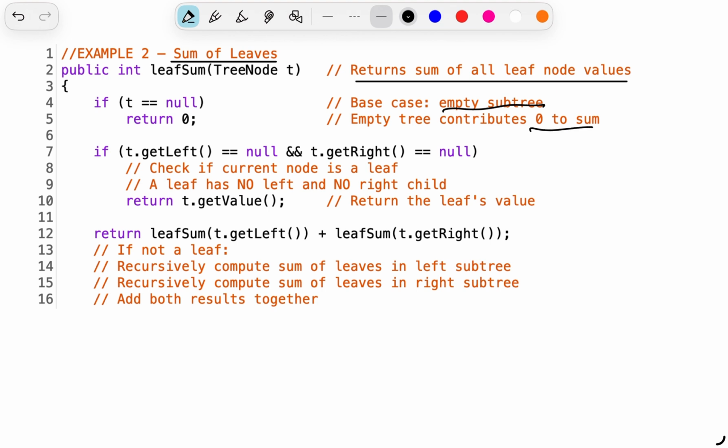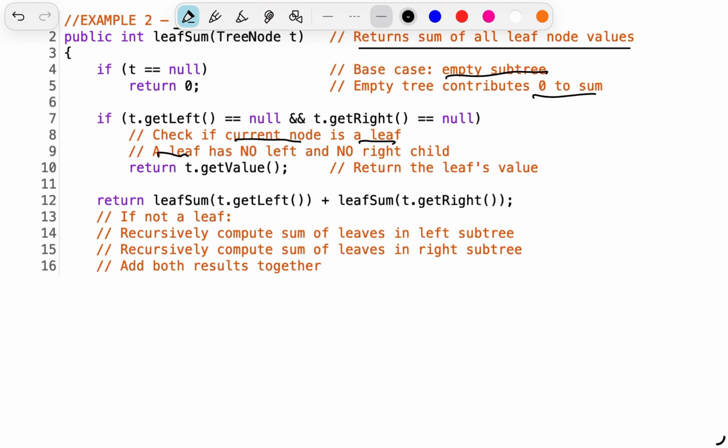If what you get from the left is equal to null, and also if what you get from the right is equal to null, what we're going to do is check if the current node is a leaf. So a leaf has no left and no right child. That's because we checked that the one on the left is null and the one on the right is null. So that means you're just going to return the value of the leaf because there's nothing